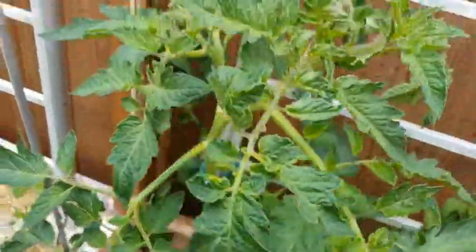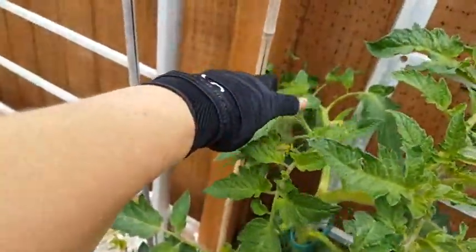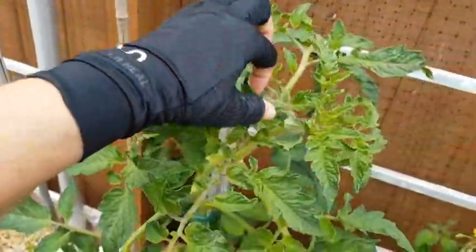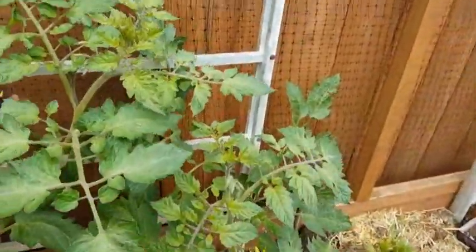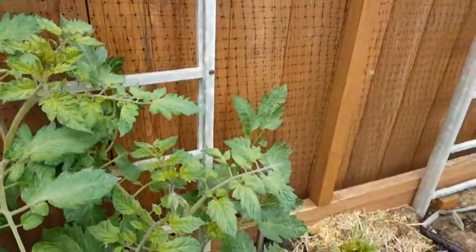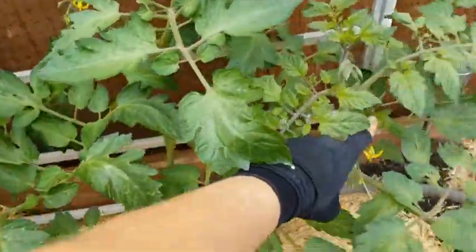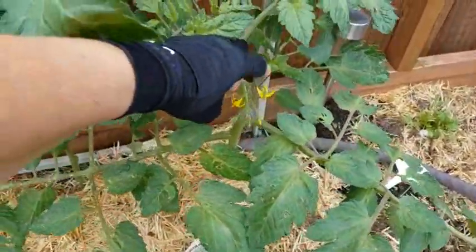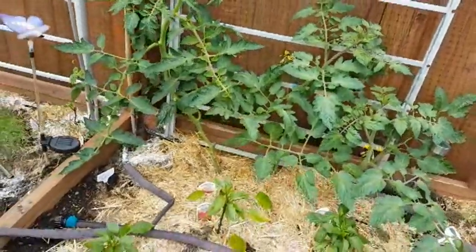So yeah, she seems to be doing good. I see some flowers here. I'm told that if you tap them, they are basically self-pollinating or wind-pollinating. But if you tap the flowers while they're open, they have a tendency to set more fruit. At least that's what I'm told. So I'll come out here and play with the flowers. I don't mind. Okay, so